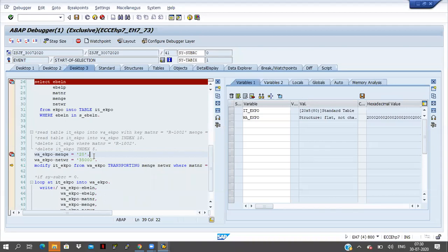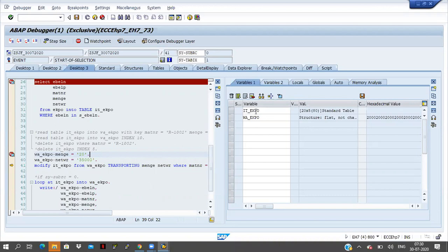No, when you use the clear statement, it will be cleared, sir. Yes. Else, when I manually fill the data, it will be existing in the work area only, no? Yes, correct, only. Yes, sir. Thank you. Okay, so I'm manually passing the data into the work area, and after that I'm modifying.